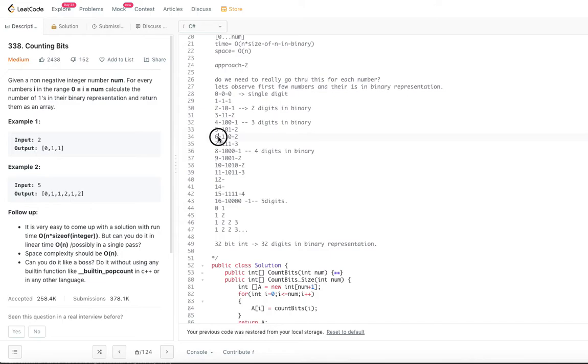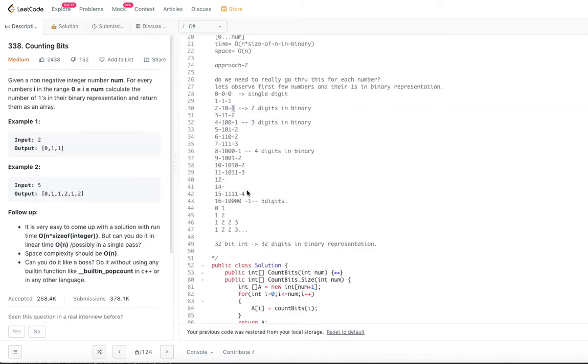When it is 6, it is 2. When it is 8, it is 1. When the number is 4, it is 1. So 8 by 2 is 4, it is 1. 4 by 2 is 2, it is 1.